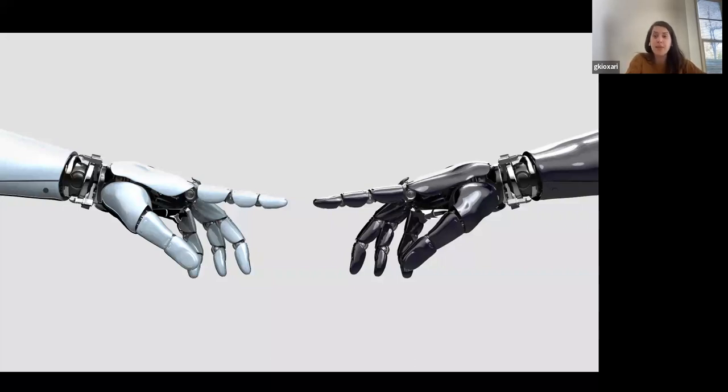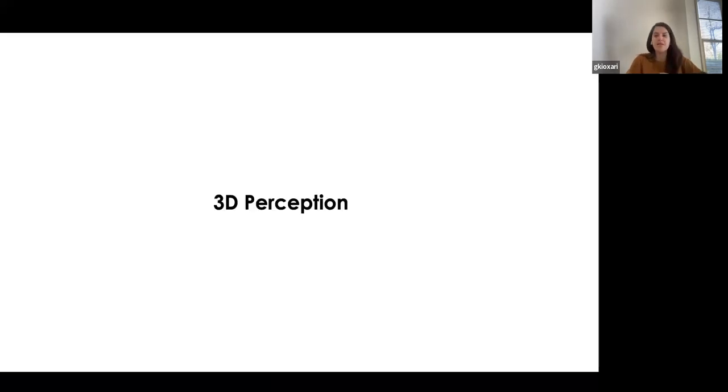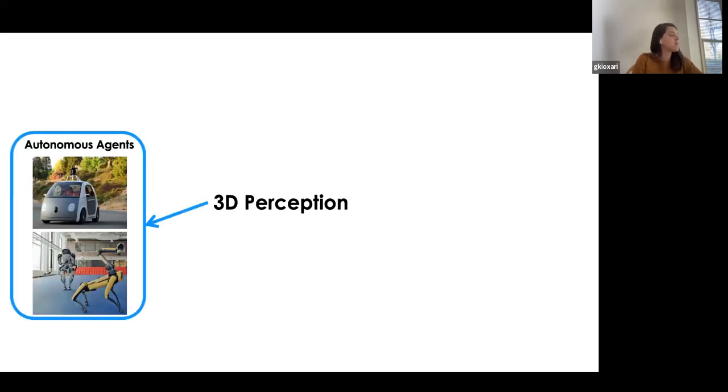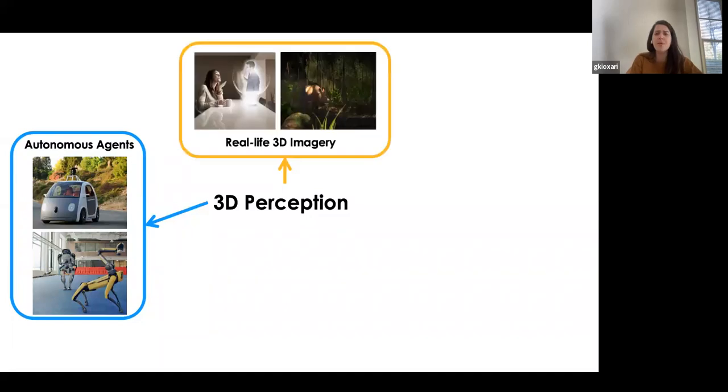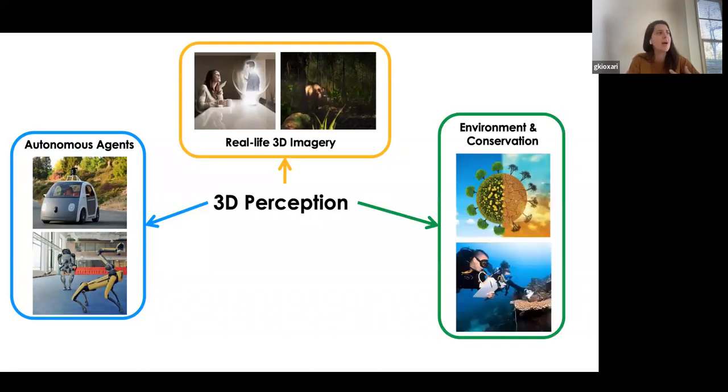These are now much more complicated systems, but they all are based on the ability to recognize from visual data. And of course, at the center of this is 3D recognition or 3D perception. And this is the area that we are talking about now, and that will enable all of these fascinating new directions, not just in the space of autonomous driving, where of course 3D recognition is very critical, but it also enables all other cool things like real life 3D imagery to revolutionize the way that we communicate or interact with